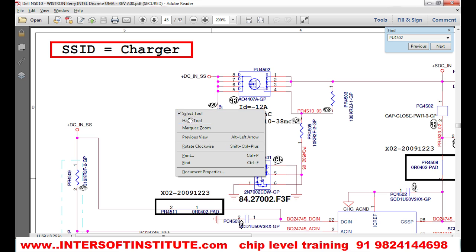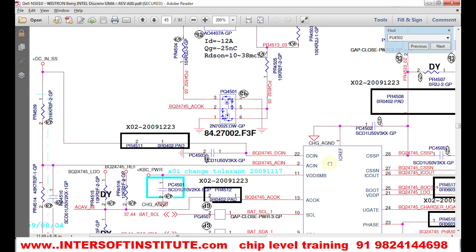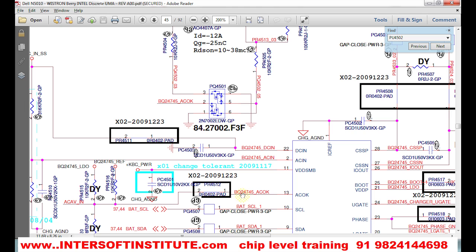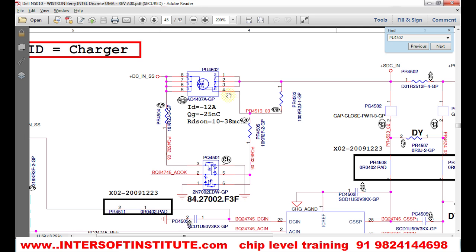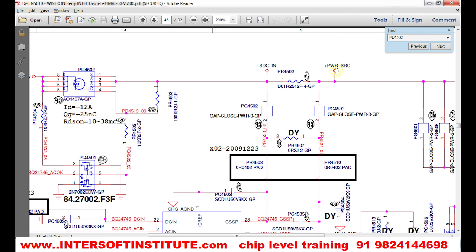That depends on where these IC signals come from. It may come from here only. That is a charging IC. AC-OK signal. See, here is a BQ2460. These signals will come from here and be connected here. Then this MOSFET will get a gate. When this supply comes here, its signal name is power SRC. We can trace the motherboard also step by step. Up to here the power SRC is enabled.